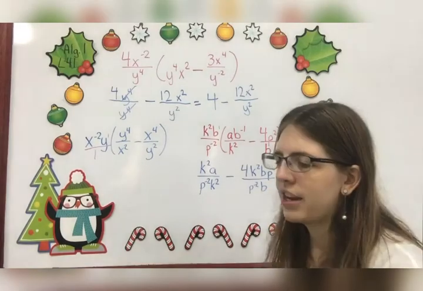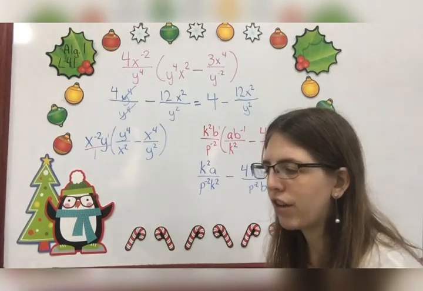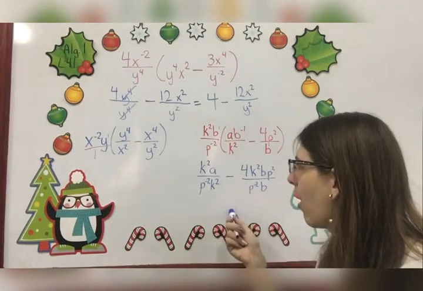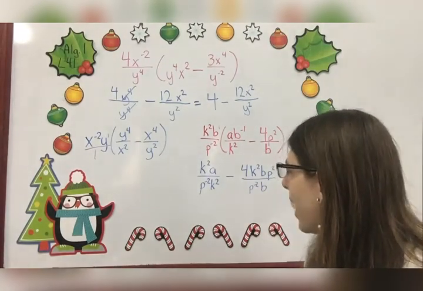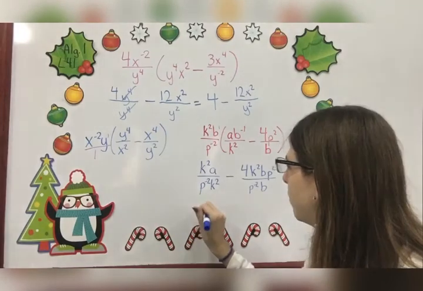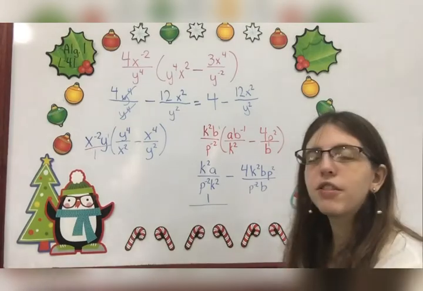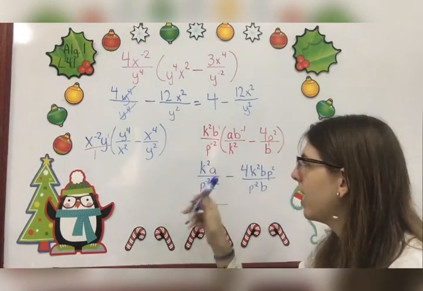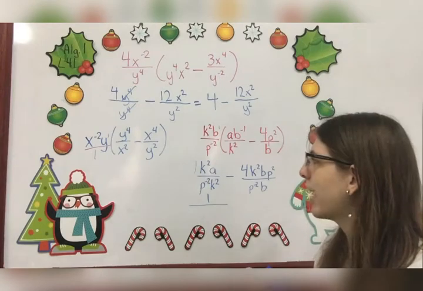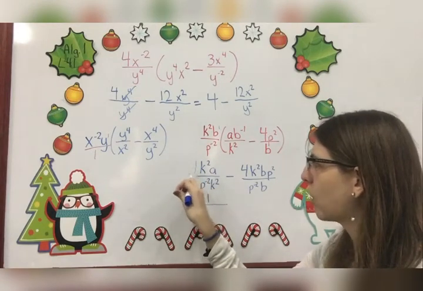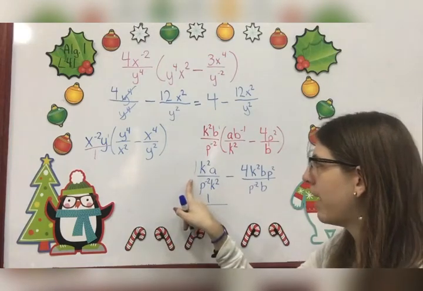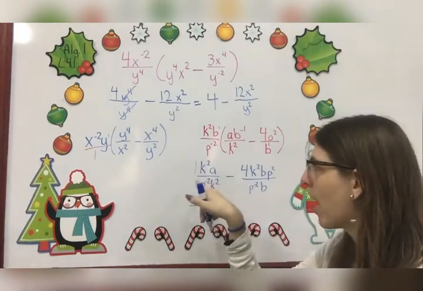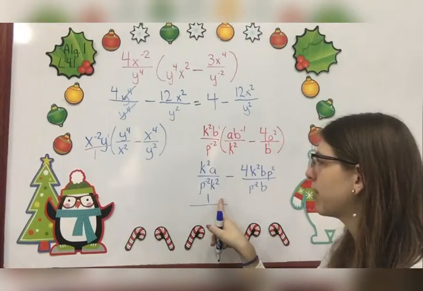b. Now my problem directions tell me to write the product with all variables in the denominator. So that means I want to move all of my letters down below. So in order to do that, I'm going to start with this term. I'm going to put a 1 here in the numerator because I'm moving all of my variables down below. So the only thing that's left is going to be a 1. Remember, anytime you have letters and you see no numerical coefficient, no number in front, there's an invisible 1. So when I cancel out my letters and bring them down below, I'm not left with 0, I'm left with 1. So I know I'm going to have a 1 here in my numerator because I'm moving